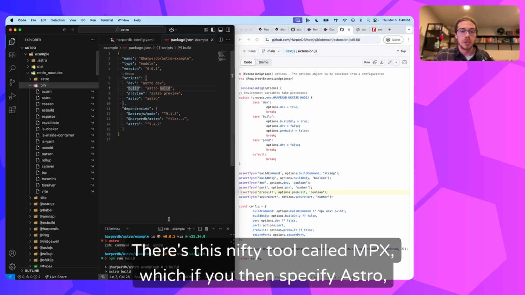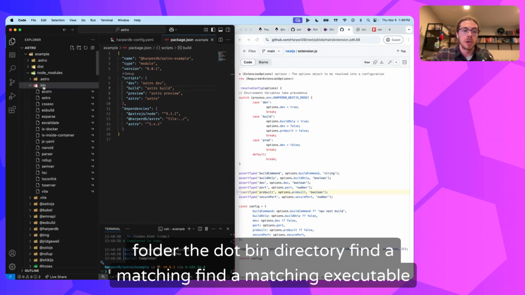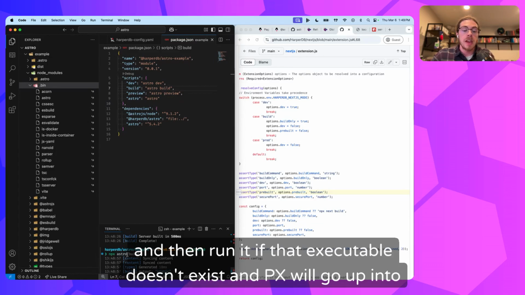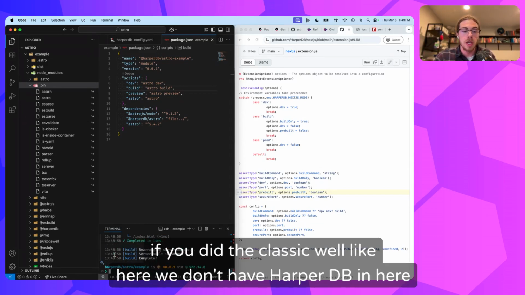There's this nifty tool called npx, which, if you specify astro, will look for the relative node modules folder, the .bin directory, find a matching executable, and then run it. If that executable doesn't exist, npx will go up to the npm registry and try to find it. So like if you did the classic,